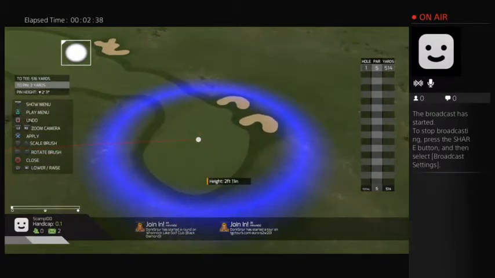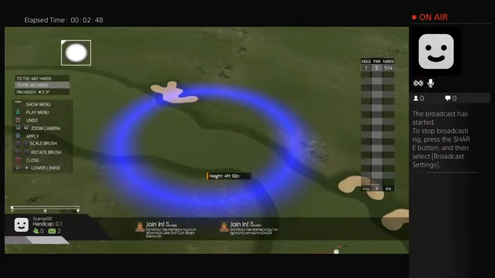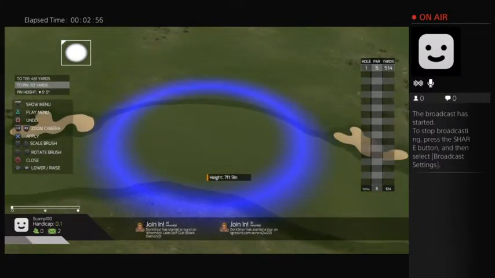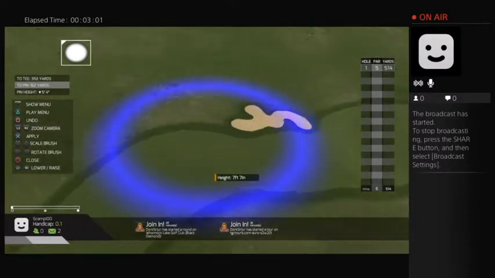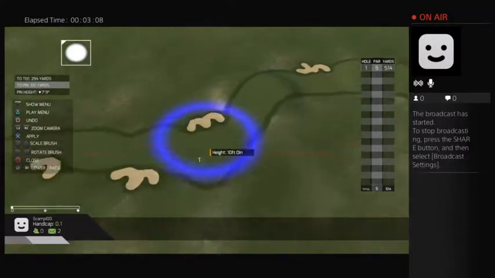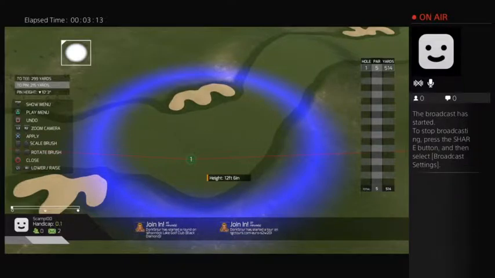We're just going to raise that 2.5. And we're going to raise this section 5 feet. 7.5 here. 10 here, and then the actual landing area at 12.5, because if you'll remember, I just set my green at 2.5, so that's a